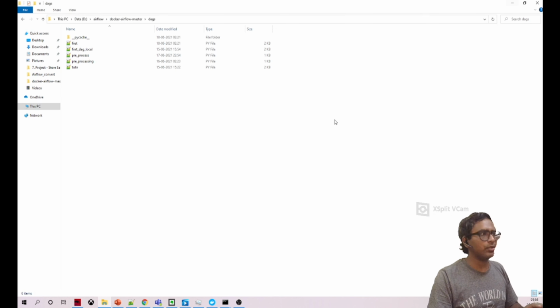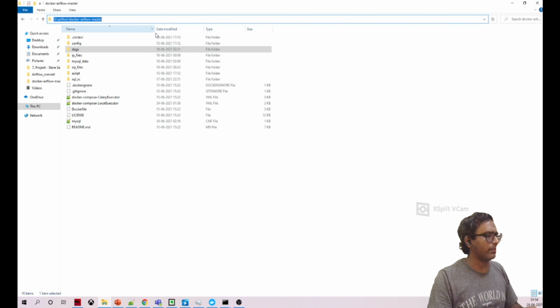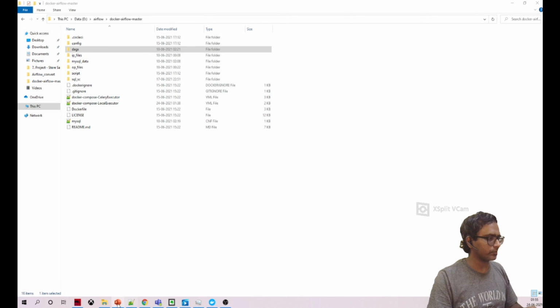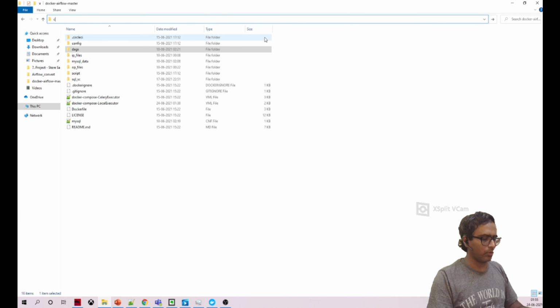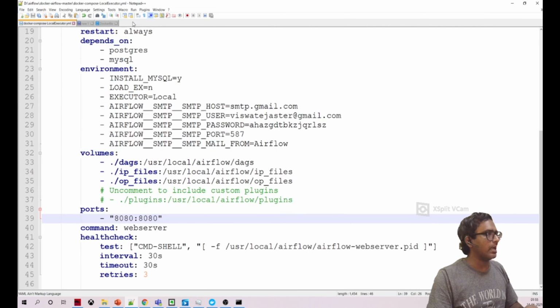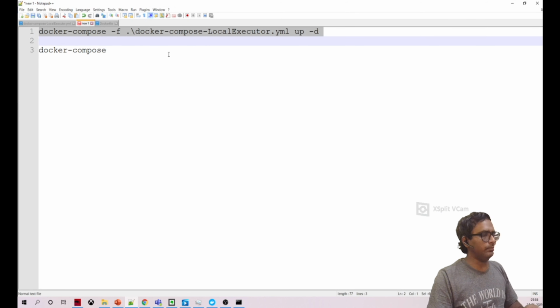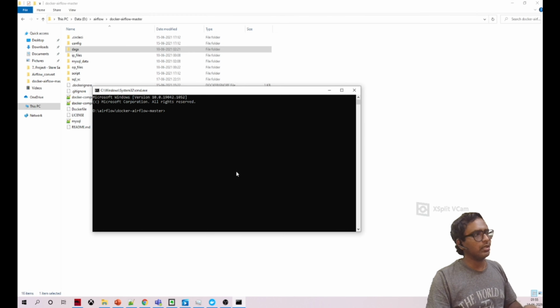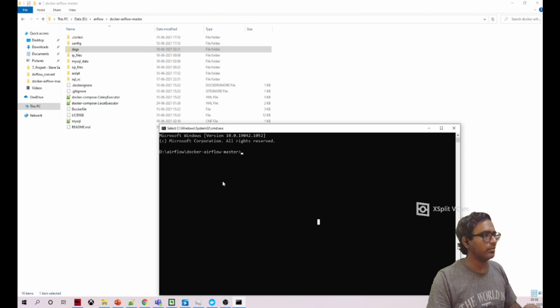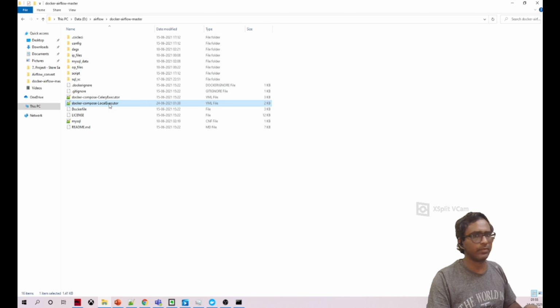Now, once you've downloaded this, you should open a command prompt in this particular folder. Let me open a command prompt. Make sure that your command prompt is in the same folder location where your Docker Compose local executor file is present.